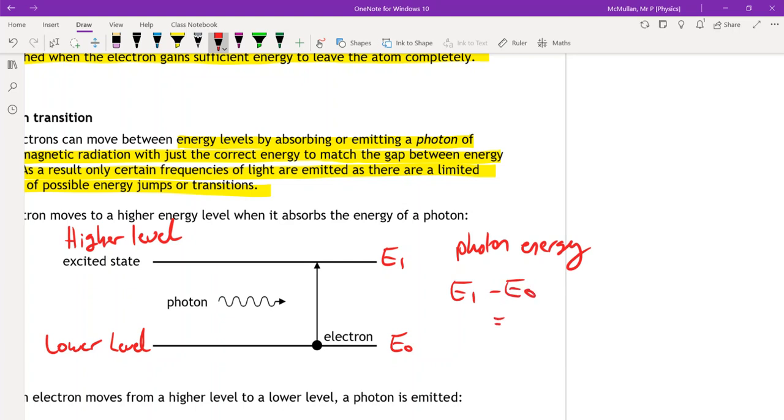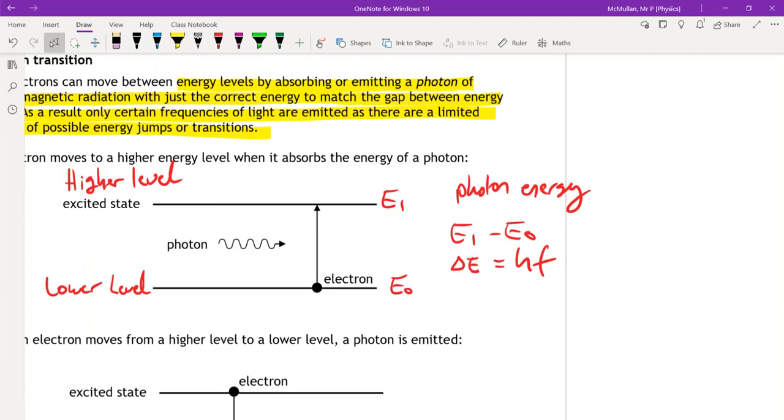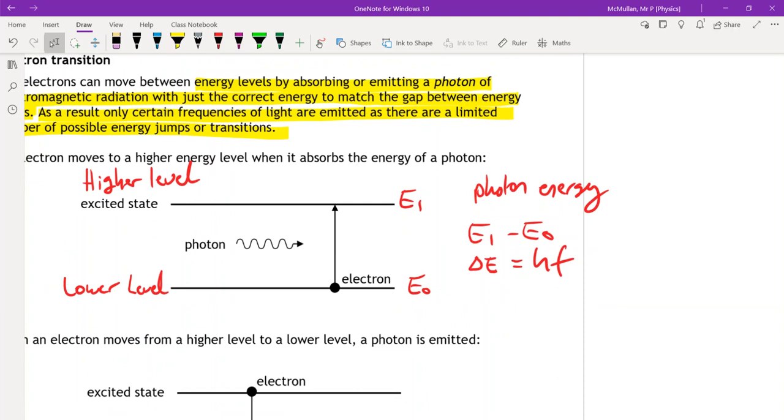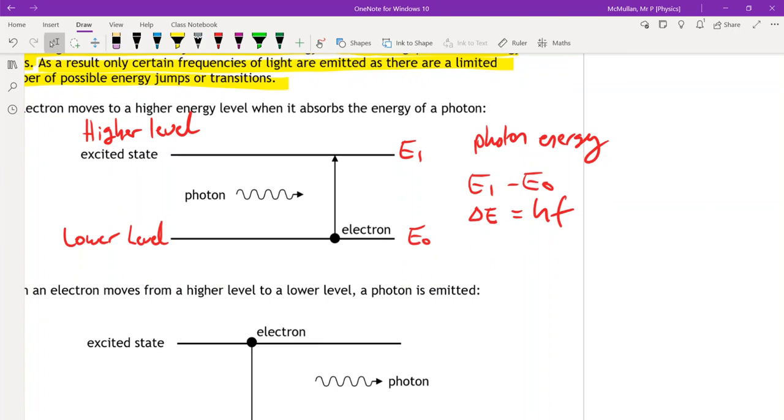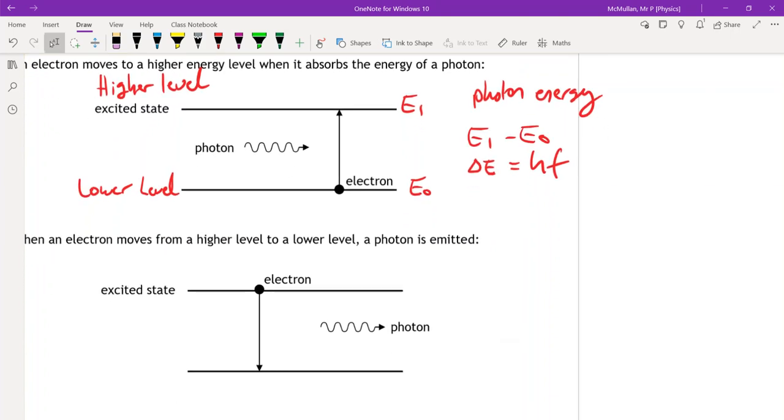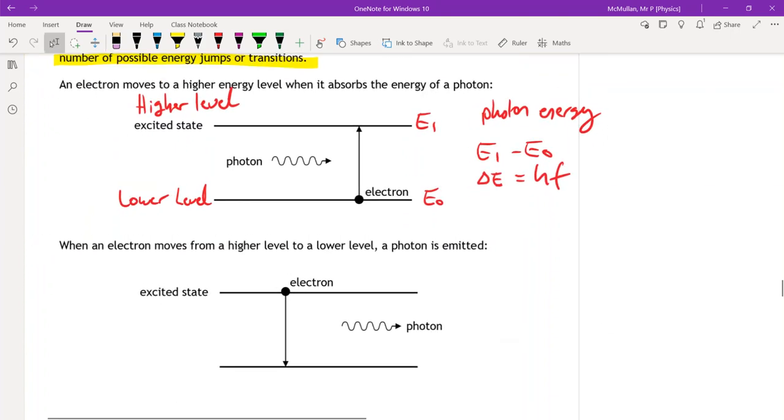Now, we know from earlier on that the change in the energy is equal to hf, the photon energy. Now, if the electron absorbs that, jumps up, and then falls back down from this higher level to the lower level,